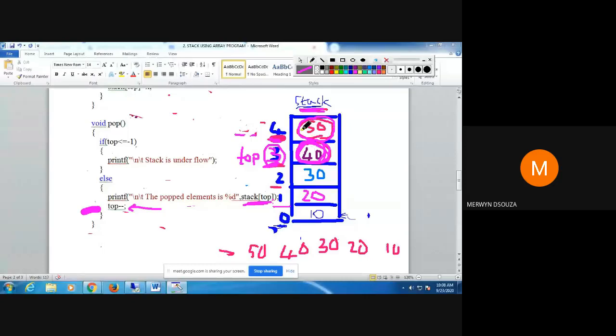Just remember that when I say this value has got popped, it actually does not get deleted from the array. This 50 remains there.